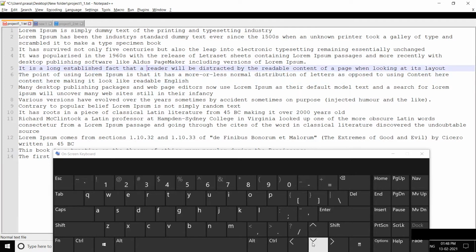So till now we are moving letter by letter, but what if I want to move word by word? For that we need to hold Control and then the arrow keys. For example, if I want to move one word further, then I'll hold Control and the forward key. In the same manner, if you want to go one or two words back, then I'll hold Control and the back key. For selecting one whole word in one go, we'll simply use Control, Shift and the forward key.